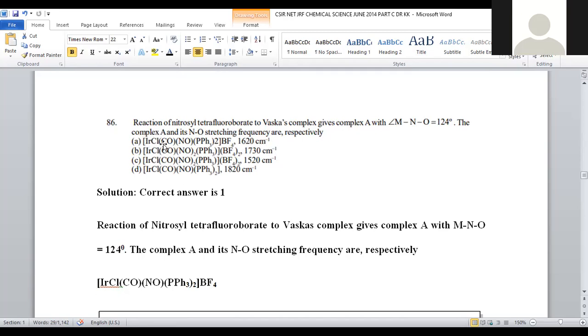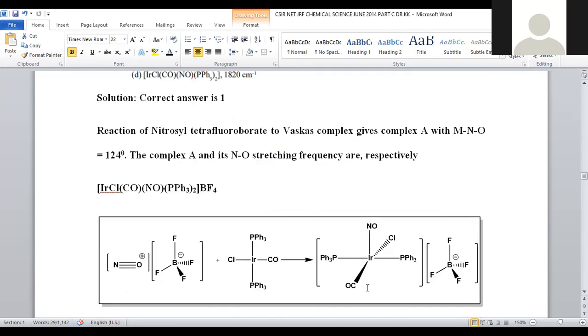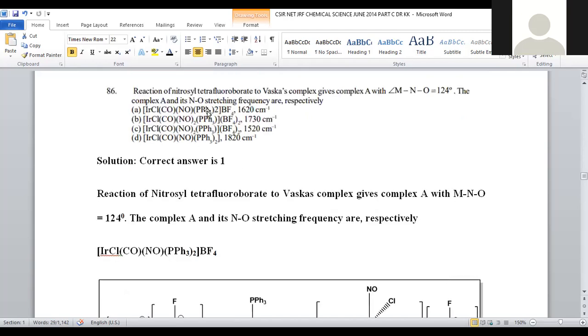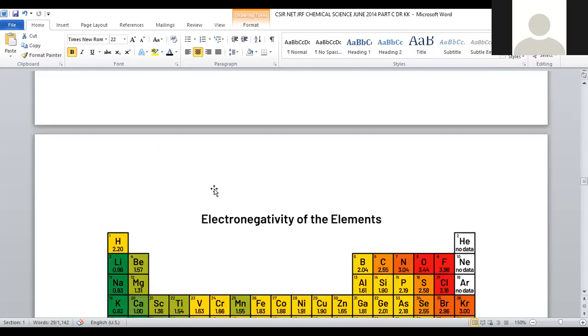Here, iridium, chloro, CO, NO, PPh3 taken twice, BF4. That is the complex that we described in the complex form. Iridium, chloro, nitrosyl, carbonyl, PPh3 taken twice, BF4 minus. This is the complex form, and the nitrosyl group will stretch at 1620 cm inverse. The correct answer will be option number 1 for question number 86. Let us move on to question number